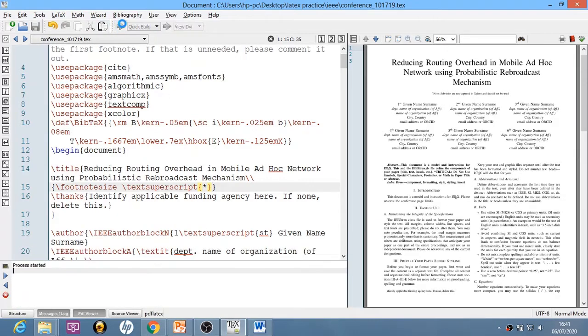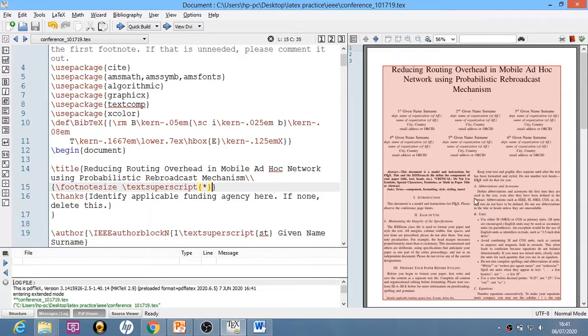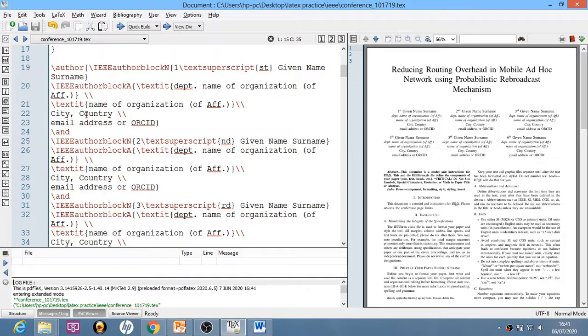I will delete this thing. Okay, now this is working fine. Okay, so you will struggle a little bit to understand what this template is and what changes have to be done over here, but it will not take more time. Okay, now even I am using this first time, so it happens.